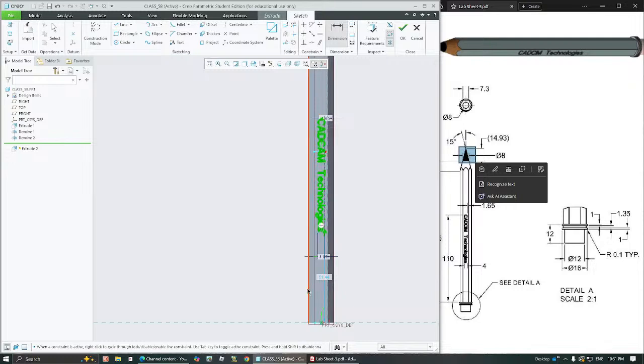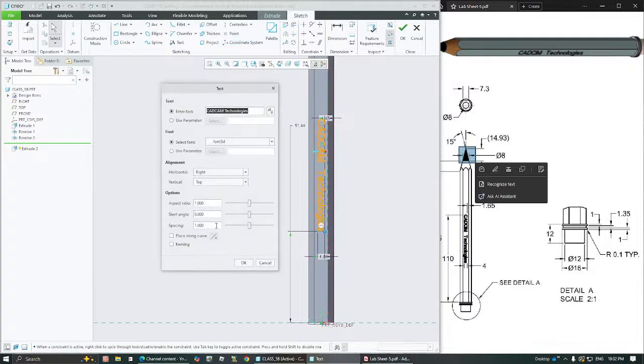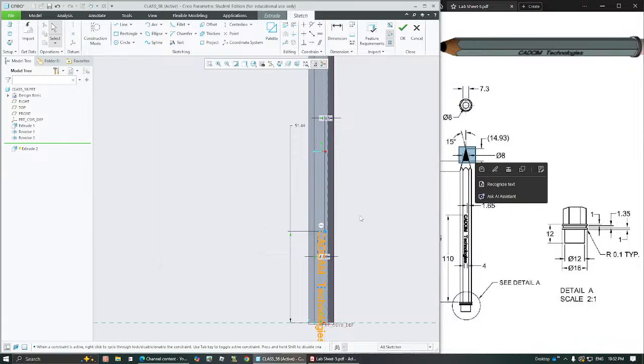Let's try our best. It's taking the bottom distance. We want the top distance. How are we going to do that? Okay, now I got it. So click OK, and this distance is going to be 1.0. Okay, now that the text is placed and all dimensions are fed, you can just click OK,